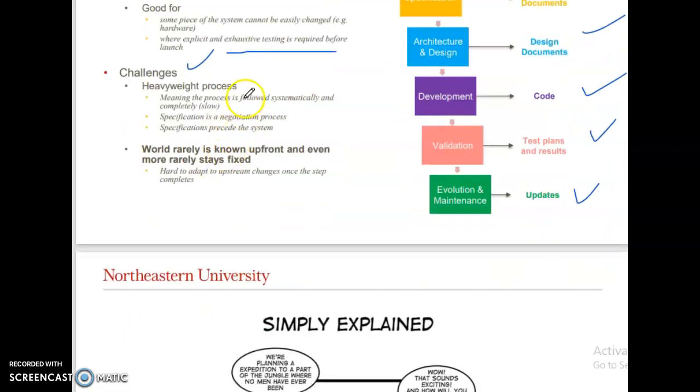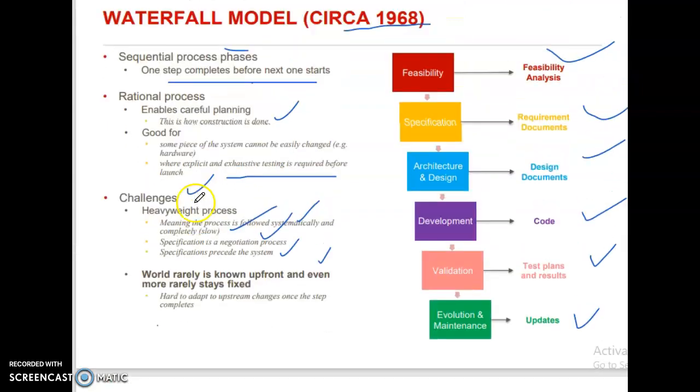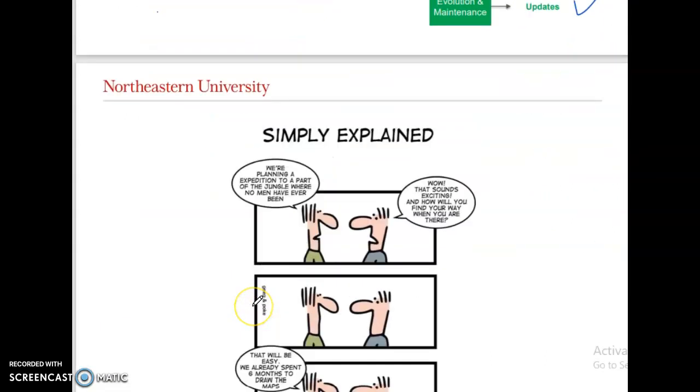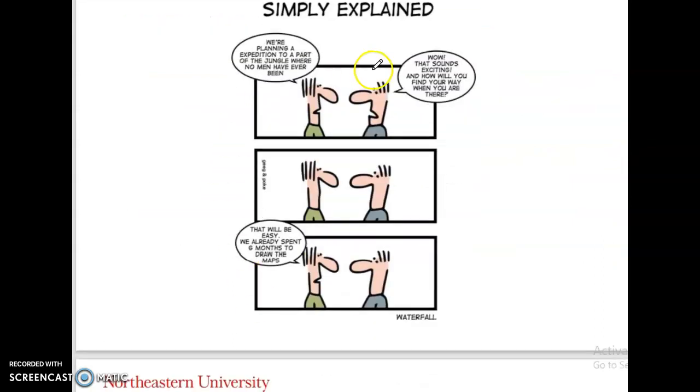Challenges: heavyweight process, meaning the process is followed systematically and completely, slow. Specification is a negotiation process. Specification precedes the system. Rarely is known upfront and even more rarely stays fixed. Hard to adapt. Hard to adapt upstream changes once the step completes. Simply explained,